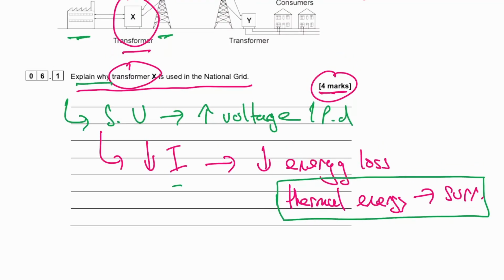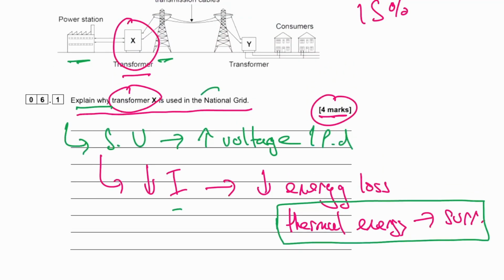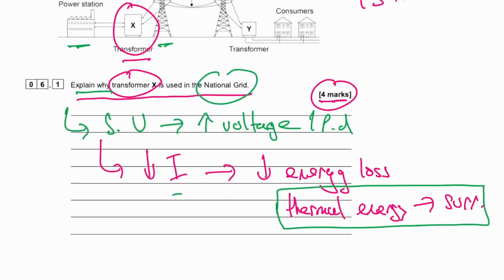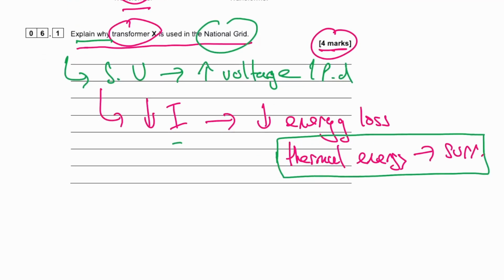Well, the 4th mark is basically you want to put this into context. Remember, in the question is specifically mentioned the national grid. So what's special about the national grid that we want to decrease the thermal energy that we lose to the surroundings? Well, the idea here is that when you decrease this thermal energy that's lost to the surroundings, you end